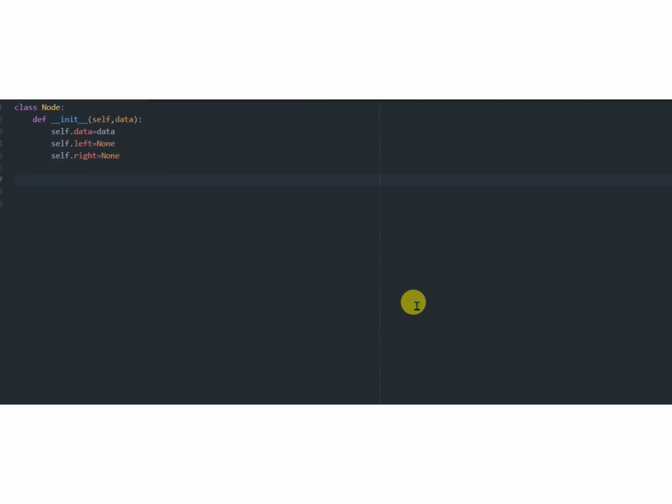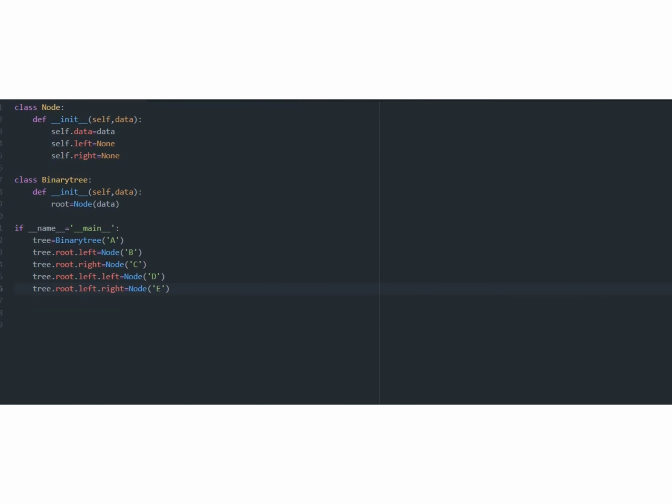In the next step we'll define the class called binary tree, where we can perform the binary tree related operations. So first I'll create a class named binary tree. In this I assign root to be equals to node of data. This is the initial root node. Its value is given through the data part from the main program.